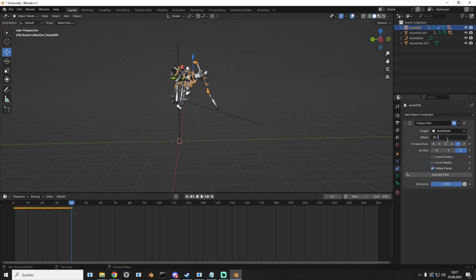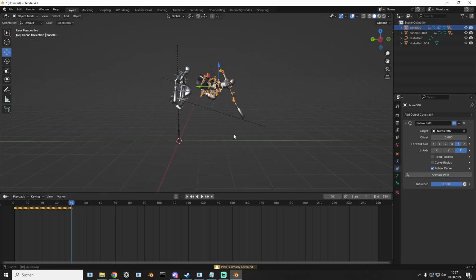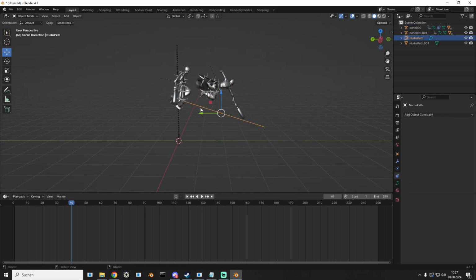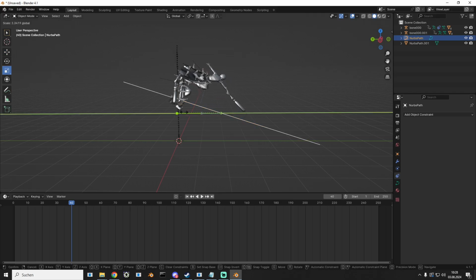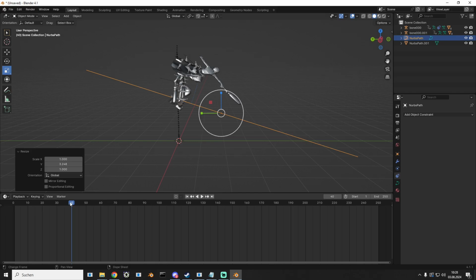I want that faster. So he's more going down. I can't make that longer, can I? If I scale that now? I mean, even if I scale that,